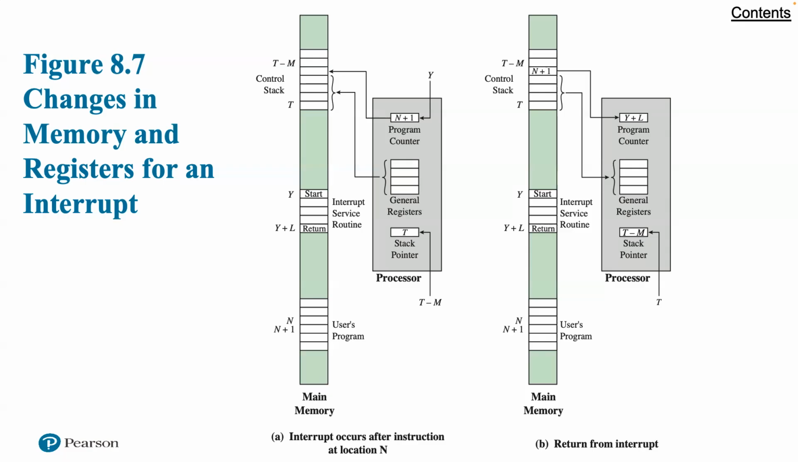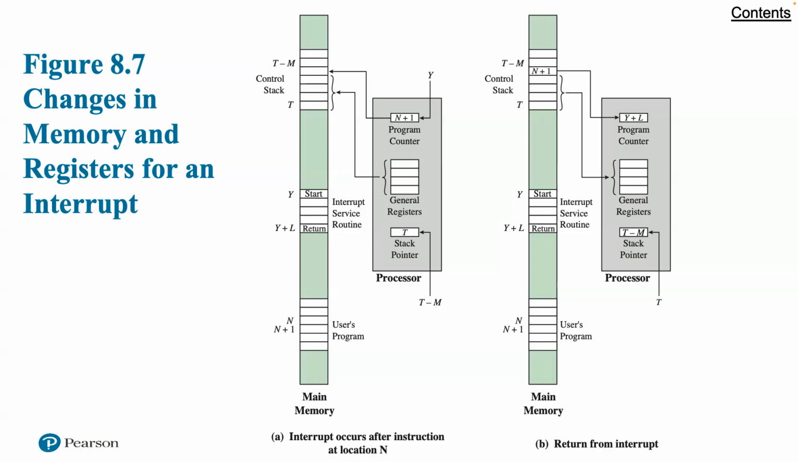Figure 8.7a shows a simple example. In this case, a user program is interrupted after the instruction at location N. The contents of all of the registers plus the address of the next instruction, N+1, are pushed onto the stack. The stack pointer is updated to point to the new top of the stack, and the program counter is updated to point to the beginning of the interrupt service routine. Then, number 7, the interrupt handler next